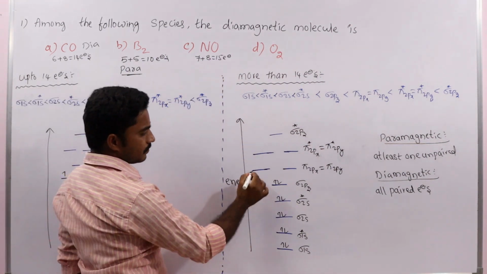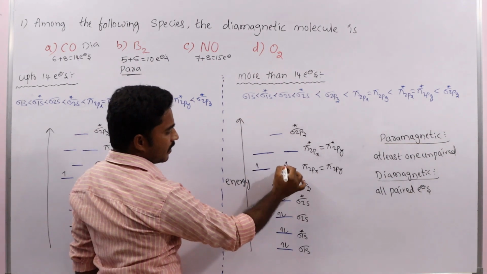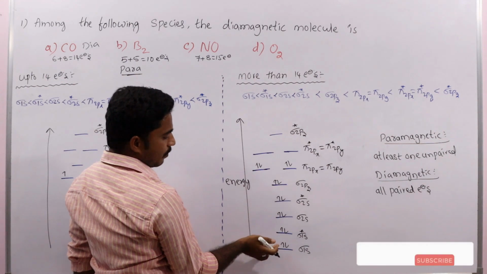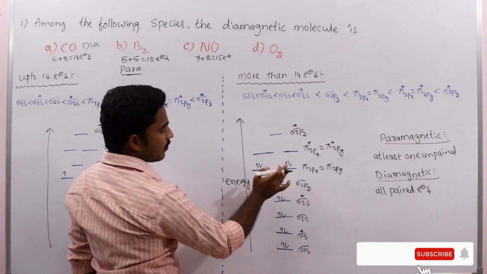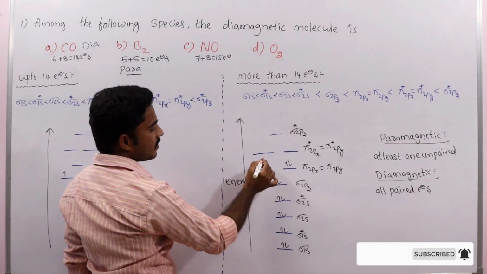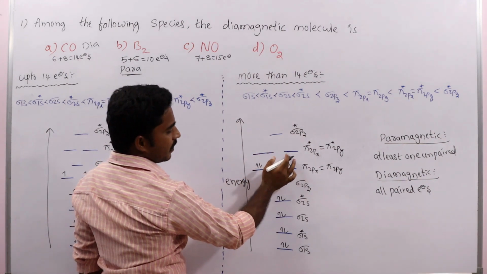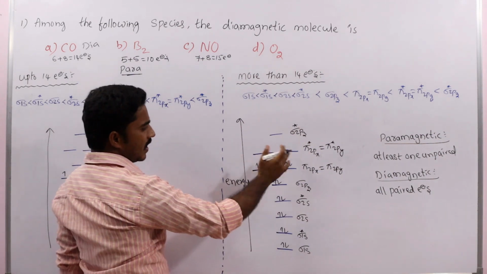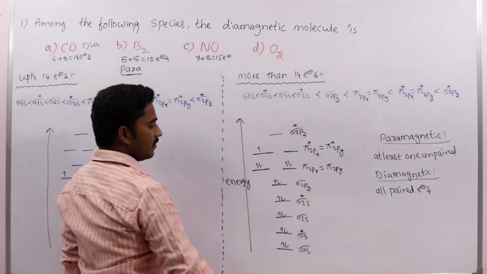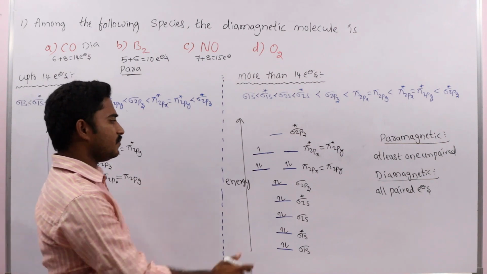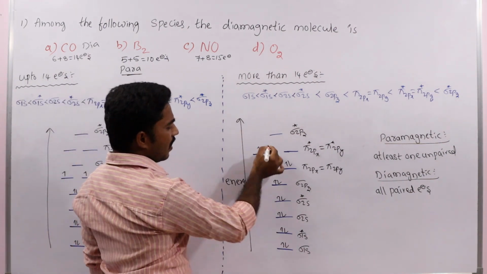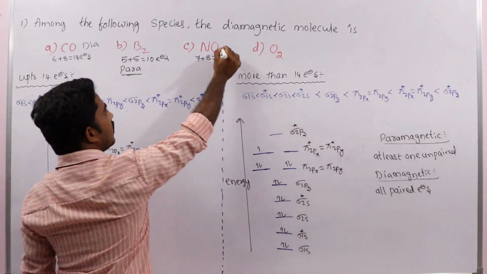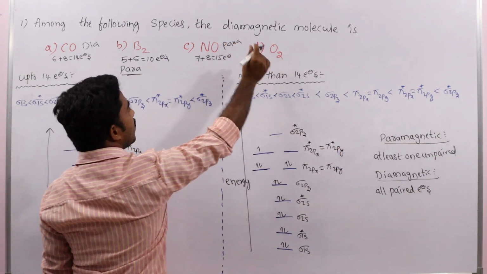So remaining how many are there? 5 electrons are there. Here 1 electron, here 1 electron. Next pairing takes place, 1 electron, 1 electron. So up to here 14 electrons finished. Remaining 1 electron is there, in this we have to fill. These two are the degenerate orbitals, that's why we can write 1 electron in any of the orbitals. So here I am writing in this. Then here 1 electron is unpaired. That's why it shows which nature? Paramagnetic nature. That's why NO is paramagnetic.